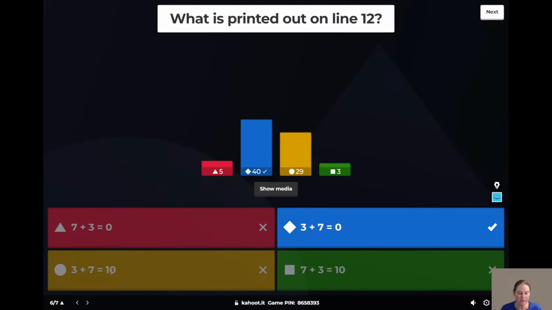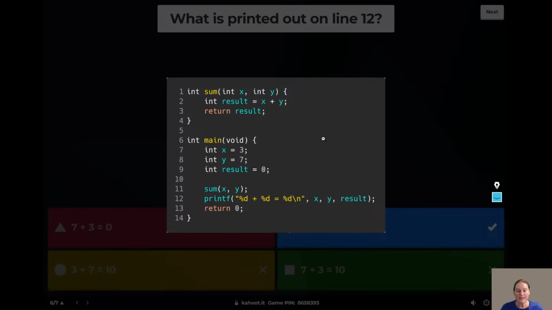You'd be forgiven for thinking 3 plus 7 equals 10. But in here, we've got result equals 0, and we're passing in 3 and 7. In the function we have a result equal to 10, but we never assigned it back to here. So our result back in the main is still equal to 0. Does that make sense?